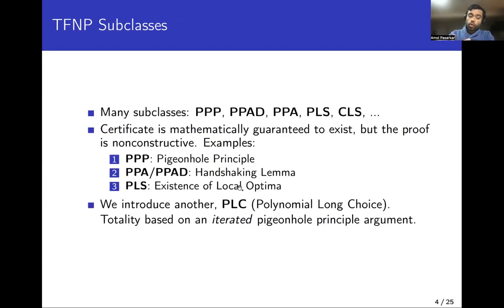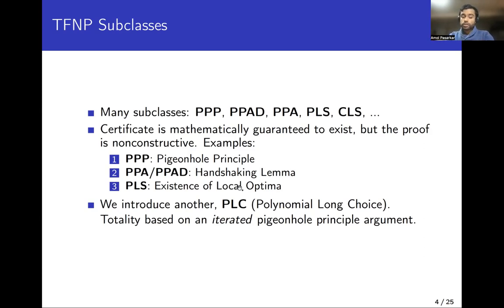So to build on that, while it's extremely unlikely that we would have TFNP complete problems, there are many notable subclasses of TFNP. And there's a very subtle point to consider here, that the problems in TFNP are by definition total, and this means that there should be a mathematical proof of totality. But note, if the mathematical proof was constructive, that is, if it describes a procedure for generating the certificate for a problem, then we can simply follow that procedure in an algorithmic way and efficiently find the certificate in polynomial time. This would place the problem in FP,